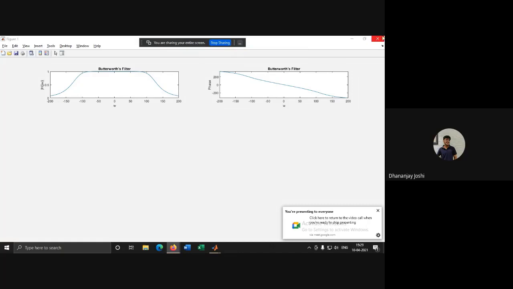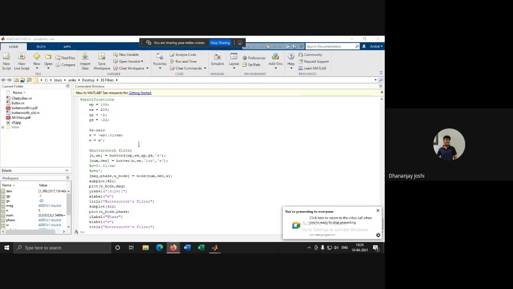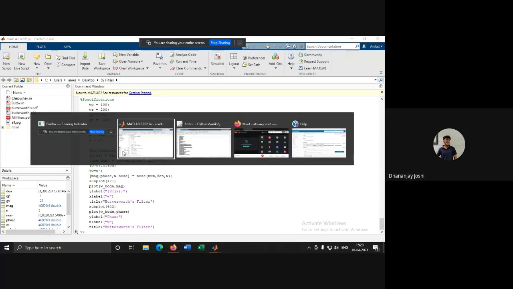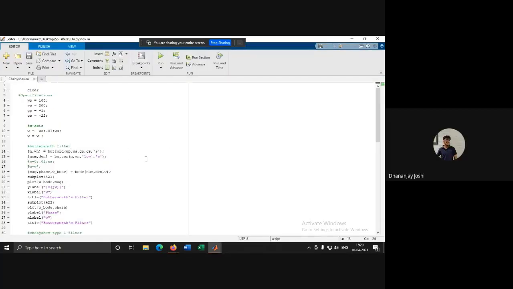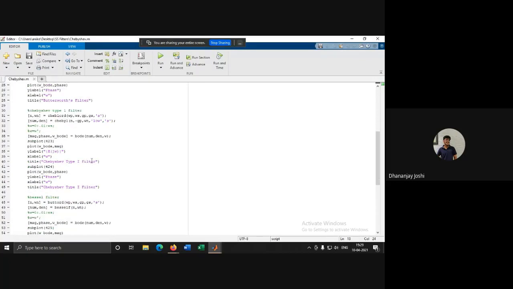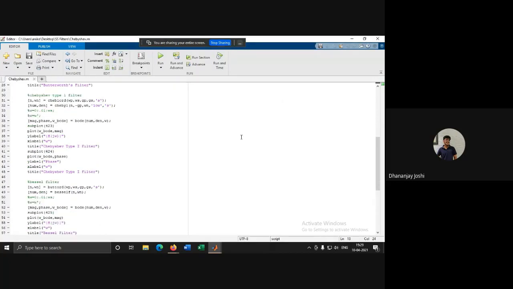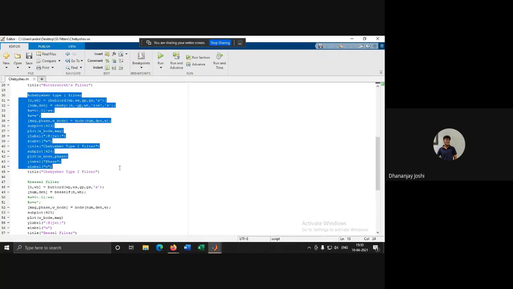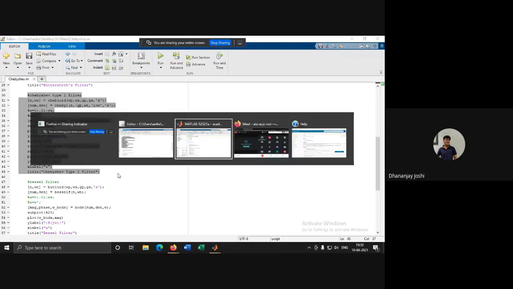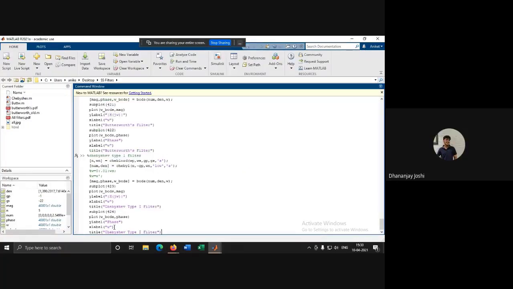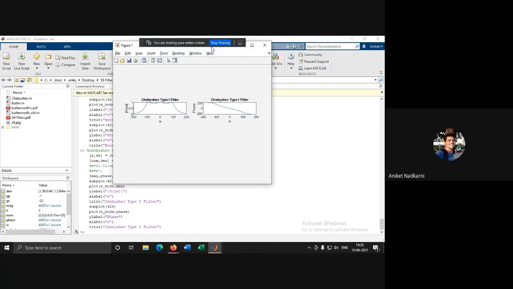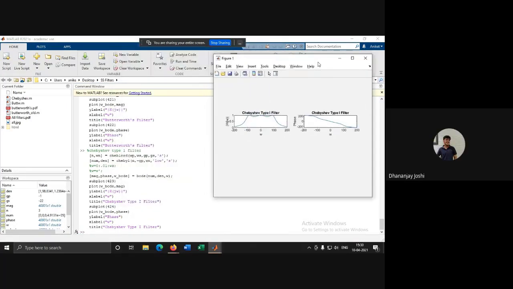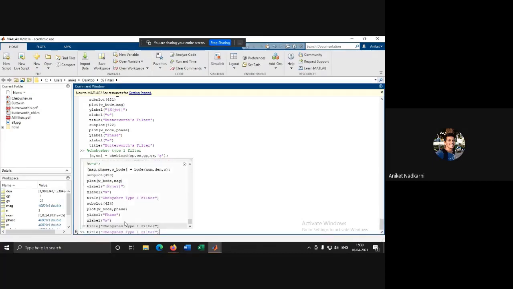So that's about it. Secondly, there are also inbuilt functions for designing a Chebyshev filter. Similarly to buttord, here we have cheb1ord. This also gives the normalized frequency and the order. There are two types of Chebyshev filter, Chebyshev 1 and Chebyshev 2. He'll show the Chebyshev 1 type. So here we have the Chebyshev 1 filter.